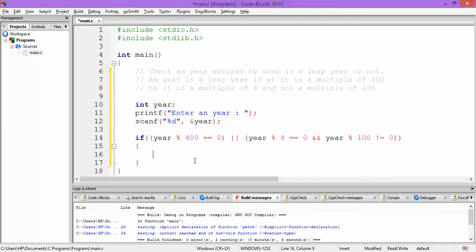So we would be writing here on the console, "The year %d is a leap year". We want to replace this %d by the value of the year entered by the user.